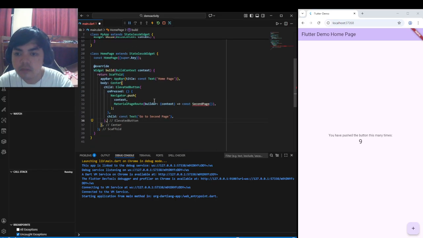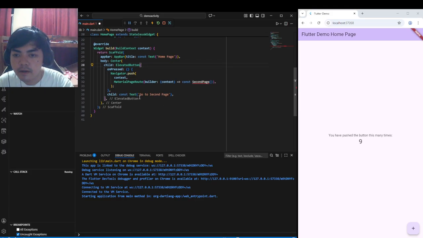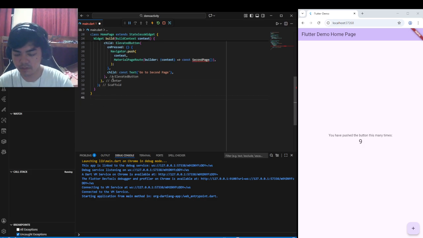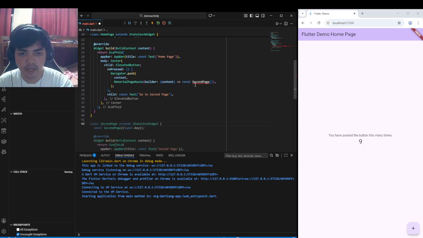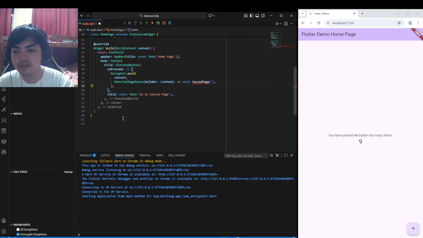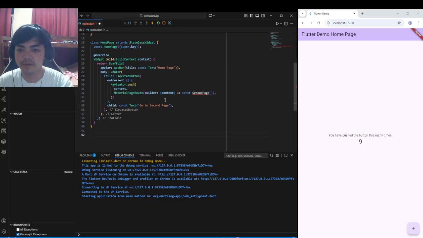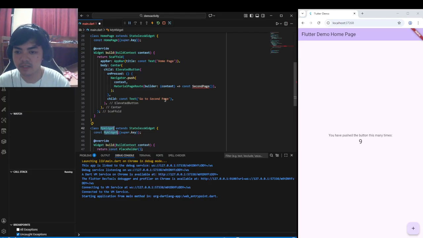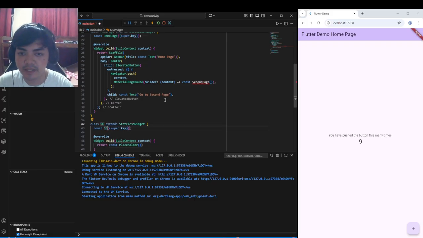Okay. Since we have an error here, we're going to create another class, which is a stateless widget, and then we're going to name it SecondPage.